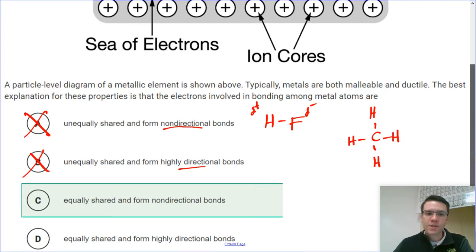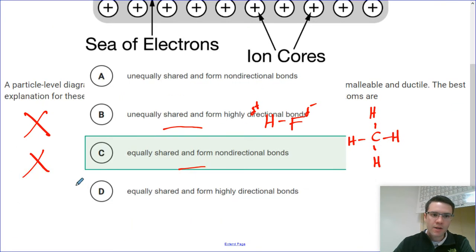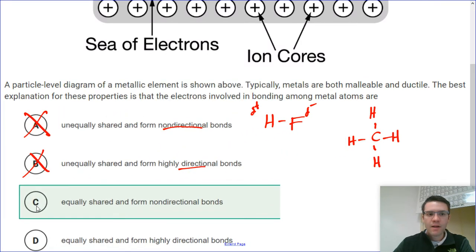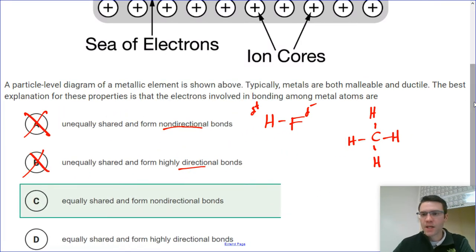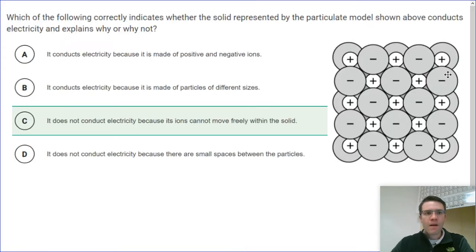That'd be non-directional. So we are equal sharing and non-directional. Non-directional would be the same thing as what we would say delocalized when we talked about metals. Okay. Which of the following correctly indicates whether the solid represented by the particulate model shown above conducts electricity or